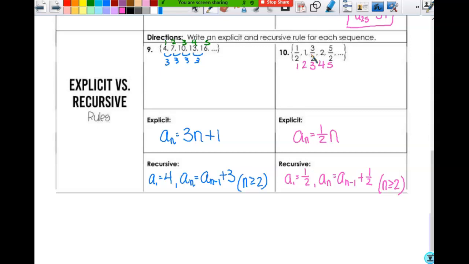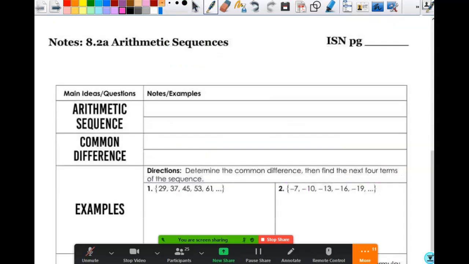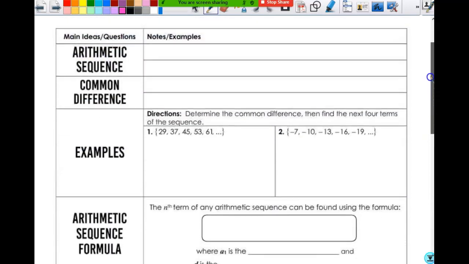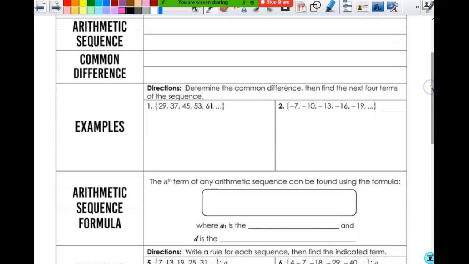Okay, so that's super basic sequences. We're going to talk about specific sequences now. So if you'll get that other set, we have arithmetic and geometric sequences that we're going to look at. Today we're just looking at arithmetic. All right, so an arithmetic sequence is a sequence